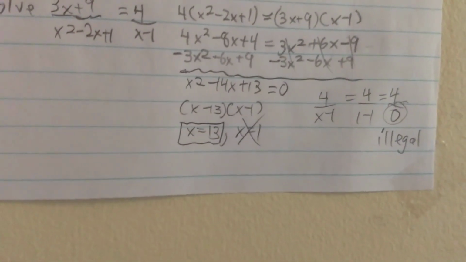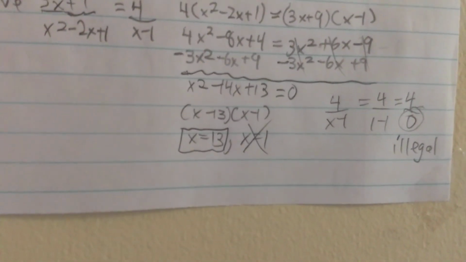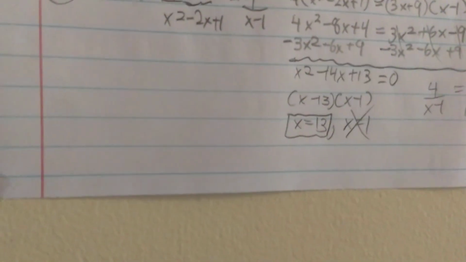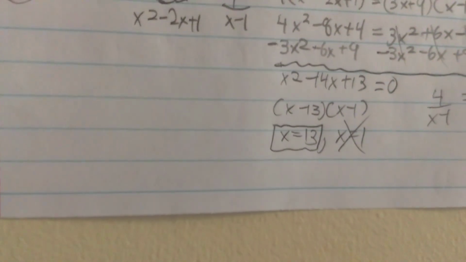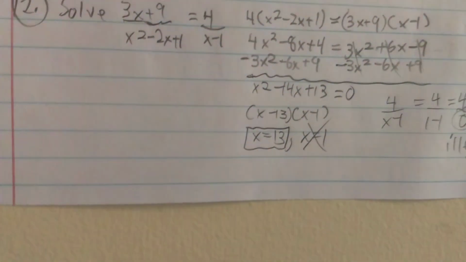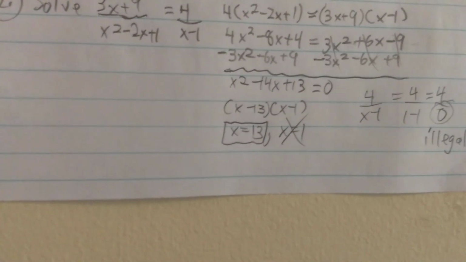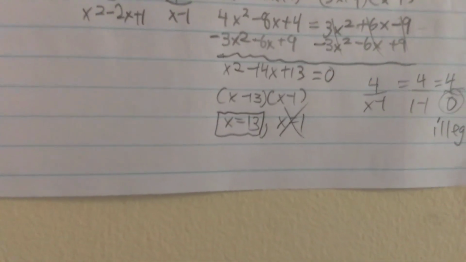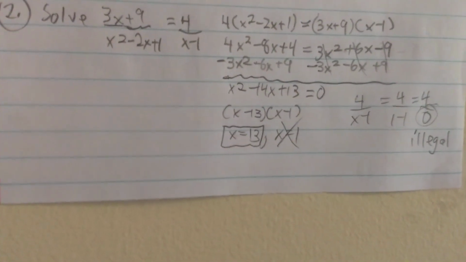Now we're going to move everything over to the left, so we're going to subtract 3x squared, subtract 6x, and add 9 over to the left, and that's going to give us 4 minus 3, x squared, negative 8 minus 6, negative 14x, and plus 4 plus 9, 13. So now this factors out as (x-13)(x-1),